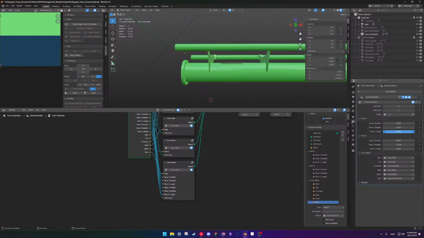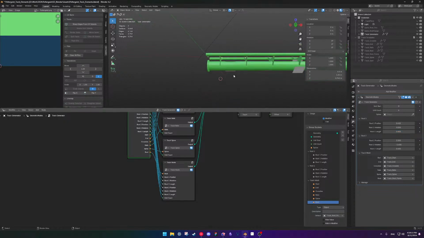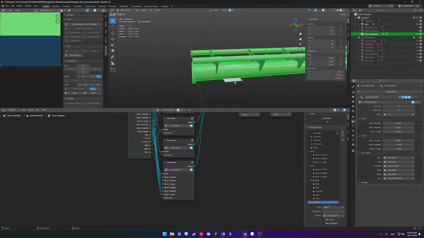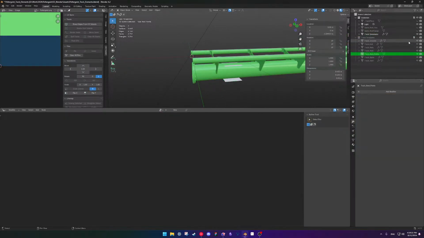Huh. Oh, track route points. Make sure the origin is there. Okay, cool.